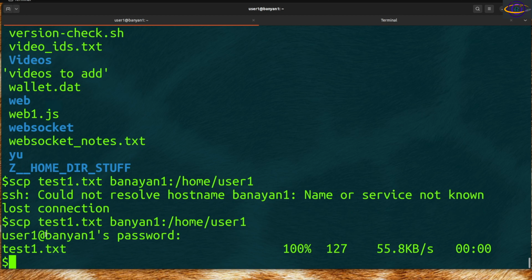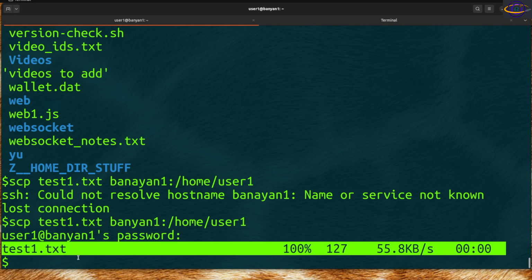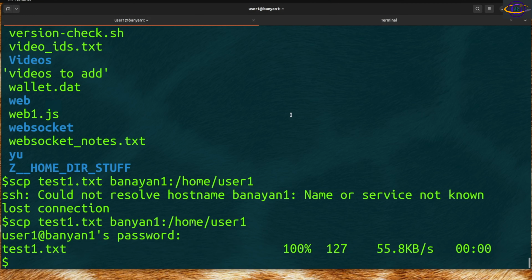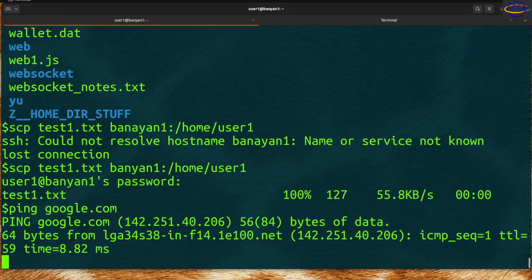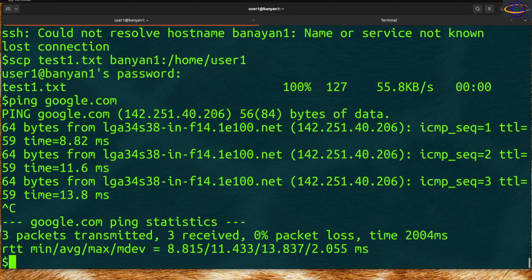And there you go. It transferred almost instantly because it's a tiny file. We SCP'd that file over to the remote host. Now, next thing I'm going to want to show you is the ping command. So for example, you could say ping google.com if you want to ping it and verify that we have connectivity there. Or you could also run a trace route to Google,